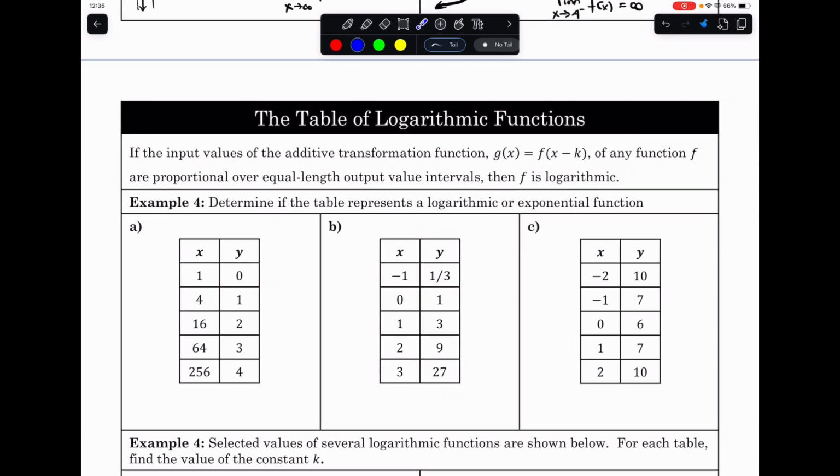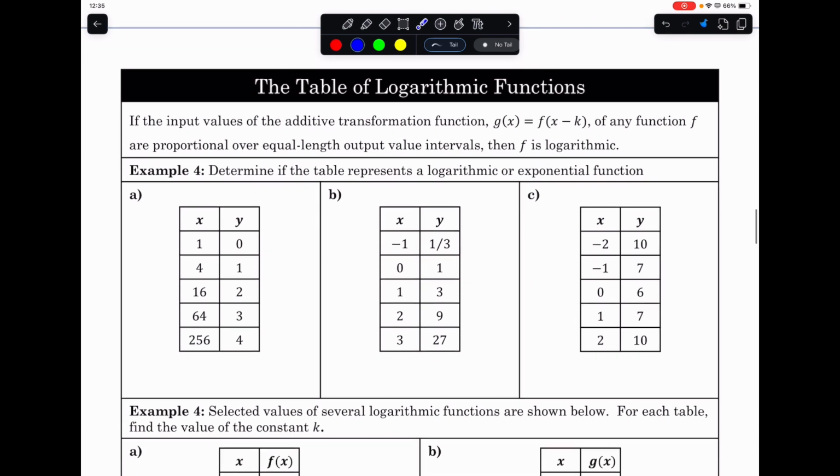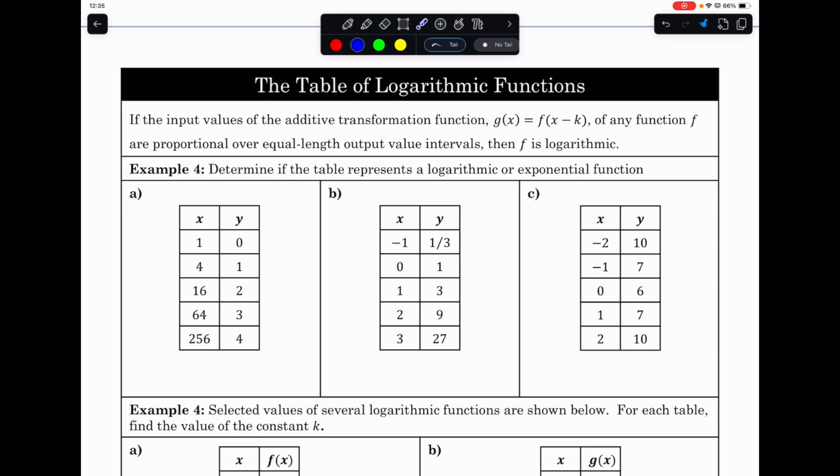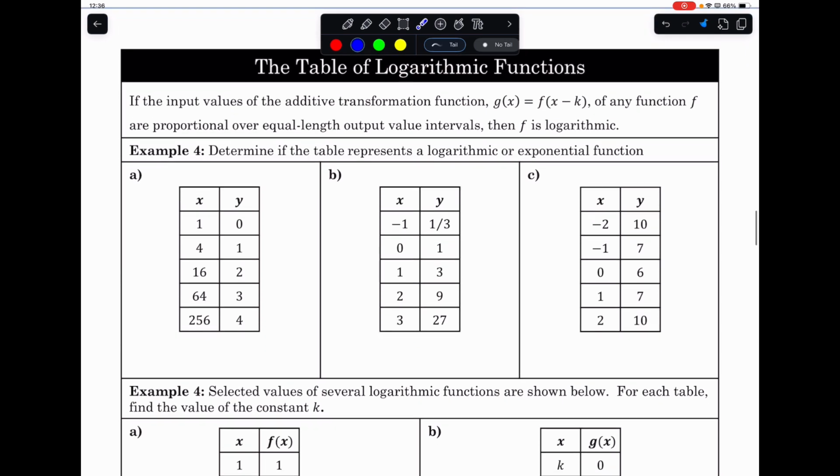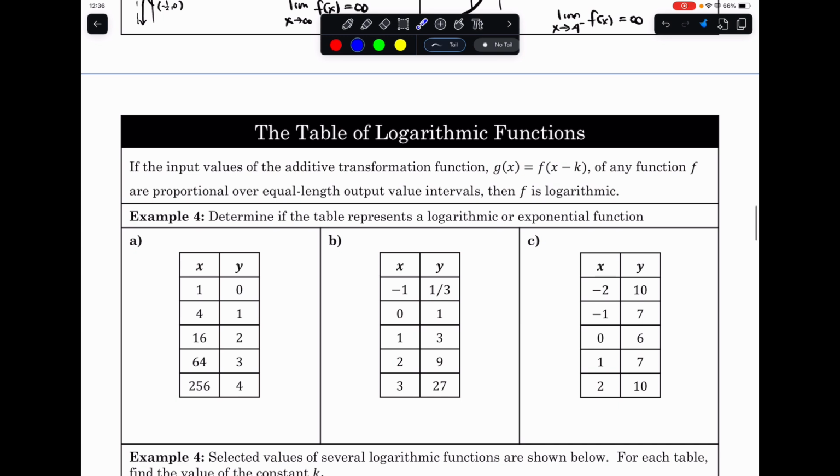Now, since we talked about the characteristics of a log function, and from the previous sections, characteristics of exponential functions, now let's determine how we can tell the difference, if we're given tables of values, between a log function and an exponential function. Well, in an exponential function, remember the general form, I'll write it up here,